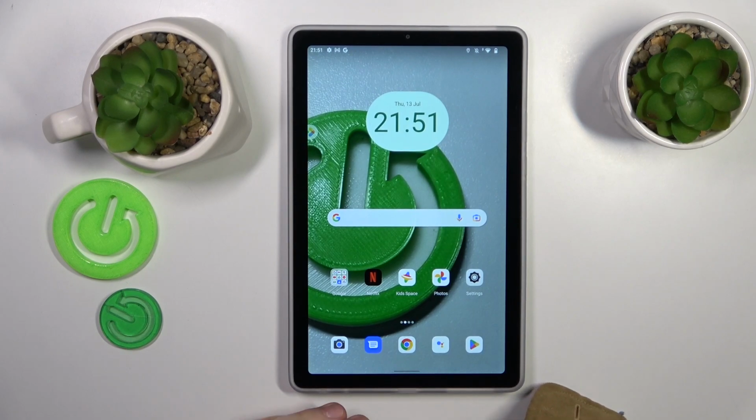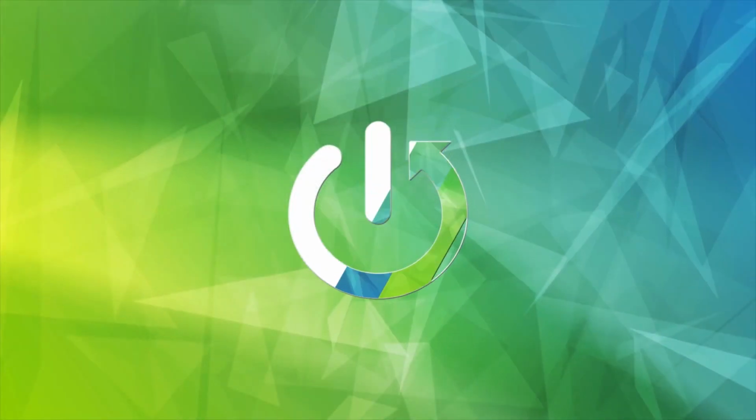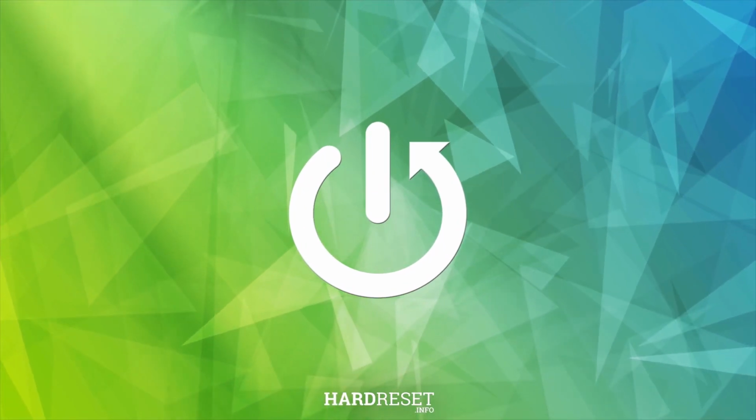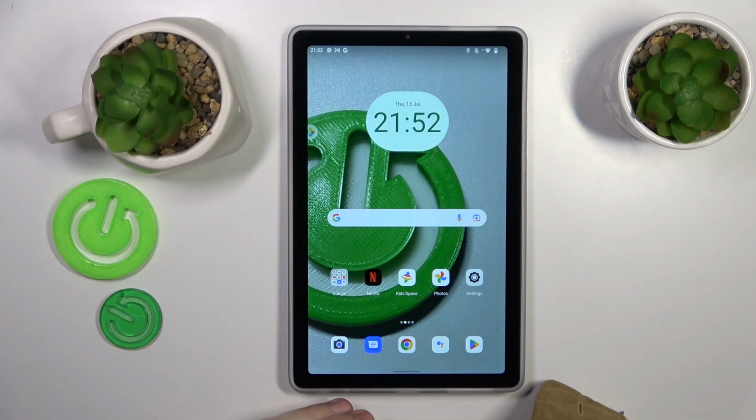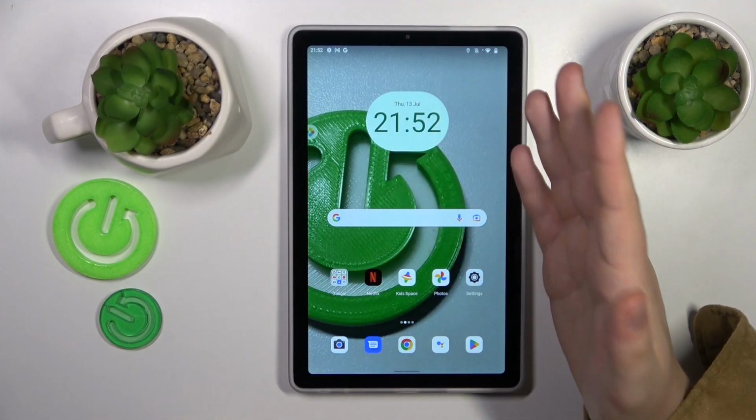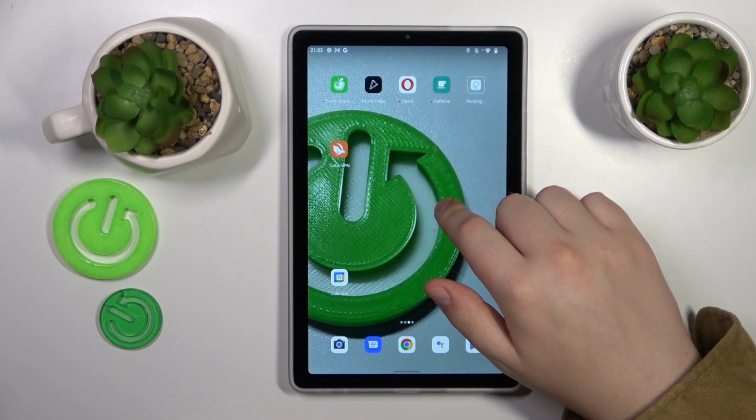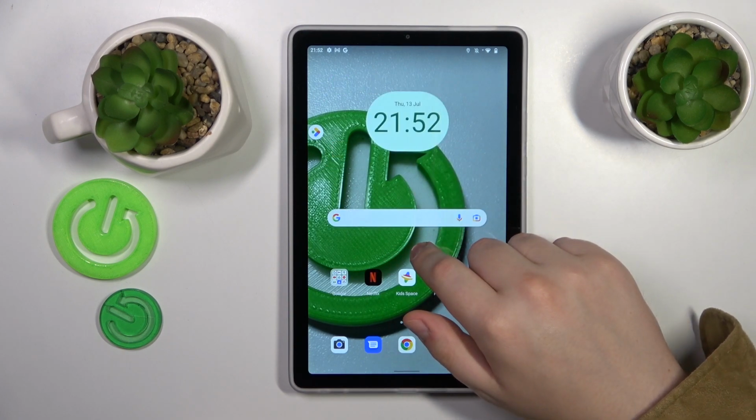This is the Lenovo Tablet M9, and today I will show how you can add sticky notes to the home screen on this device. So first you will need to open your home screen, then hold your finger at any vacant spot you have,